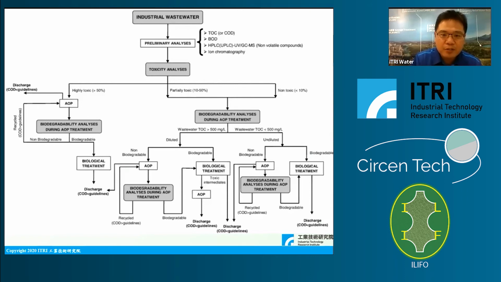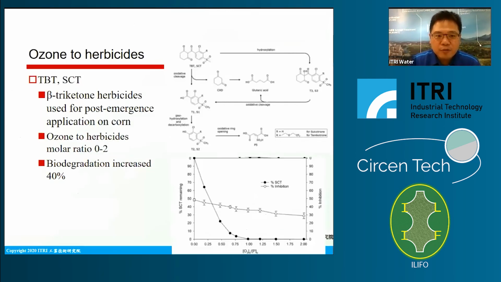And just want to show you that from the references, we can use this kind of testing to know which AOP steps should be located in which part, and in which cases you can use which kind of AOP system in which part. And here's a search we did from the references: the herbicide is TBT or CT, like the structure we have shown here,